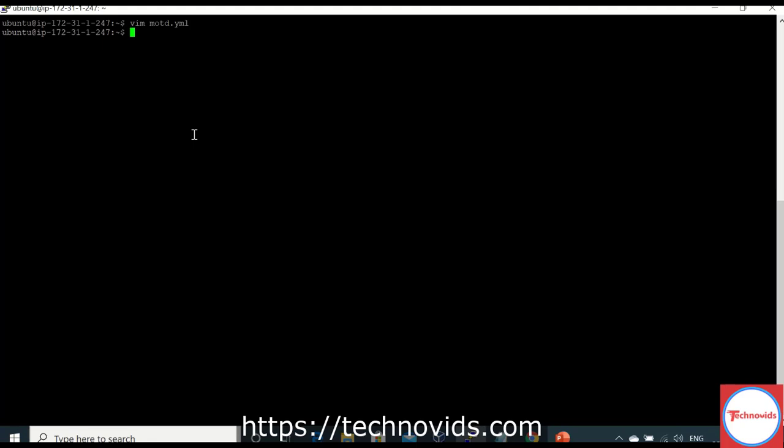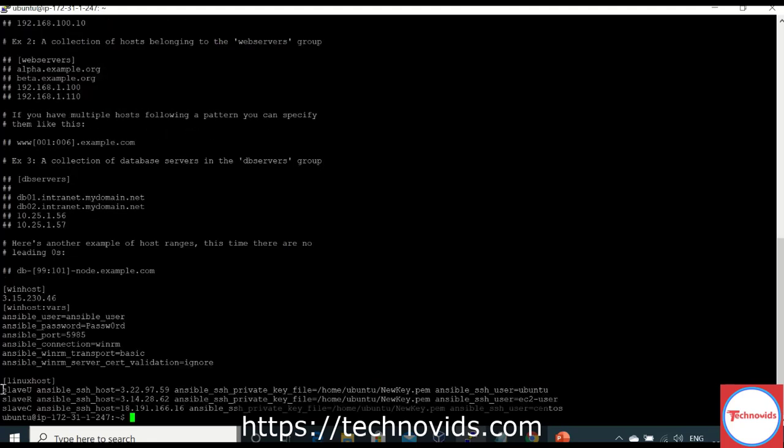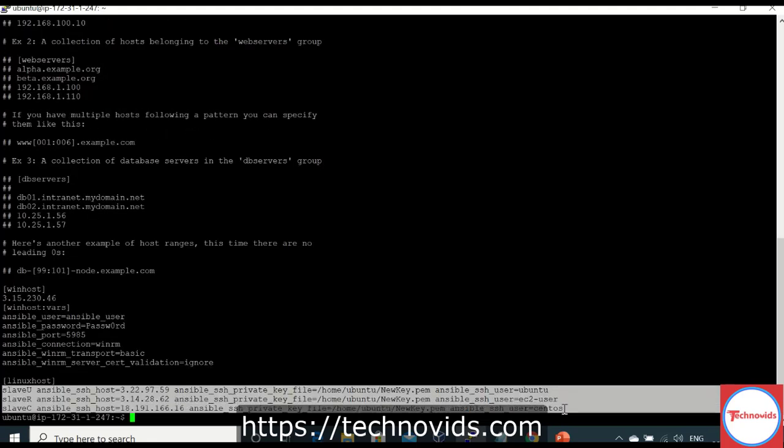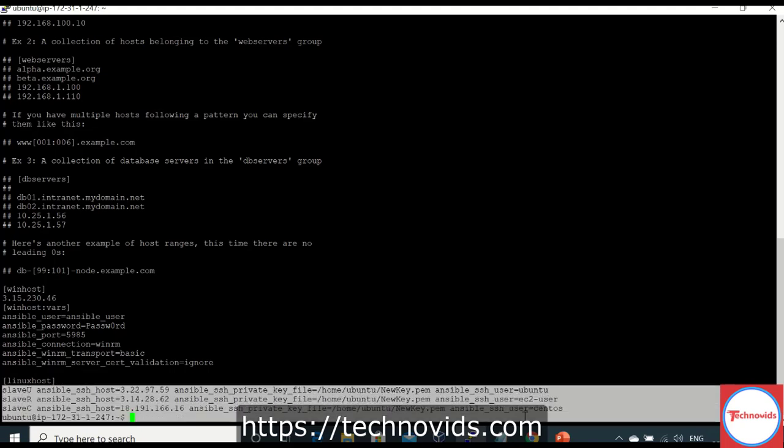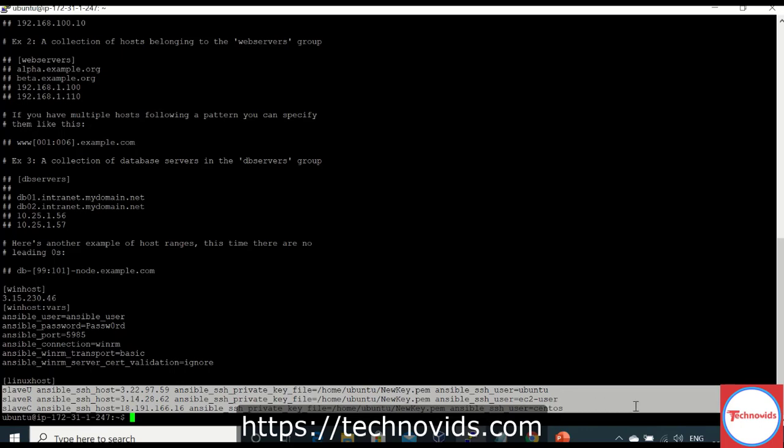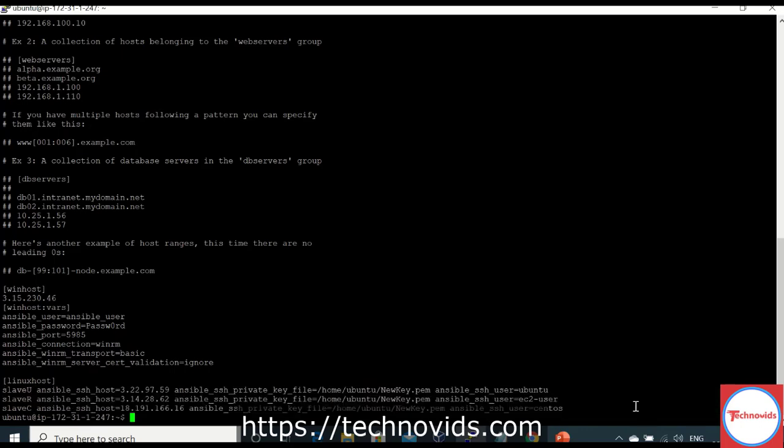Whenever Ansible runs, if I show you the contents of my inventory, these are the machines which I have in my inventory. Whenever Ansible runs, it tries to gather utmost information about these hosts. That information gathering process is called gathering the facts.